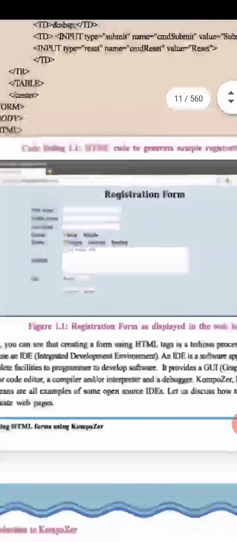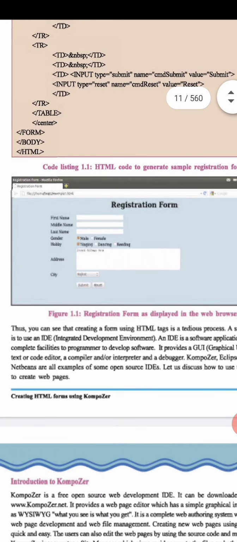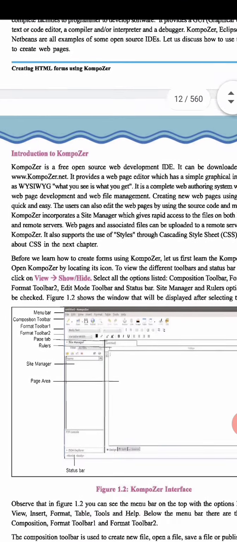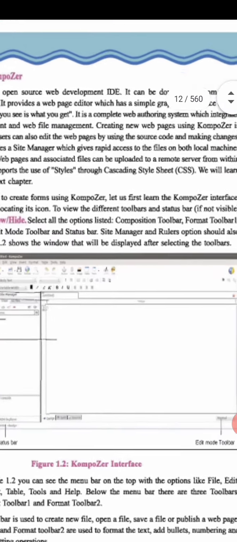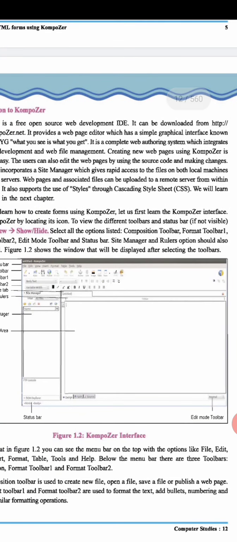Now you must be thinking, if we are not going to make an HTML form in tag form, then where will we do these things? So here we will do all these things using Composer. See, this is our Composer screen. This is an application to make a web form.